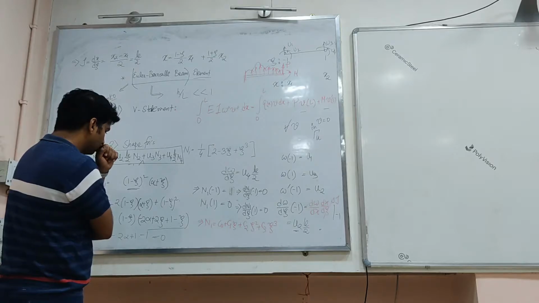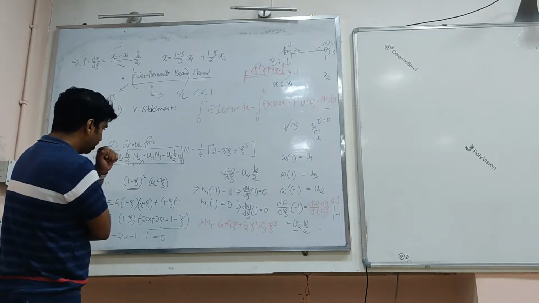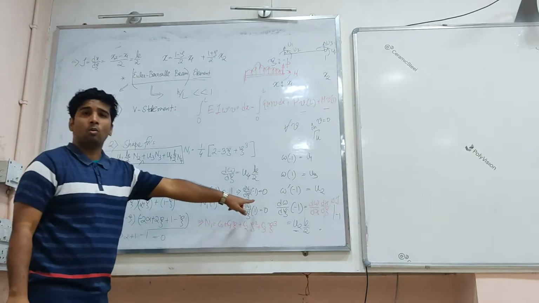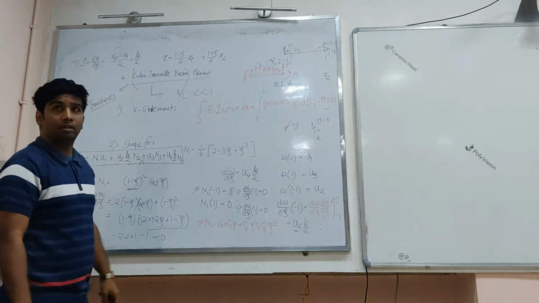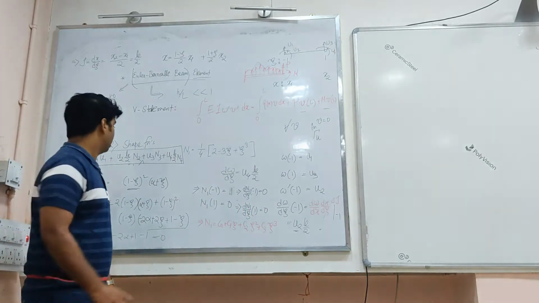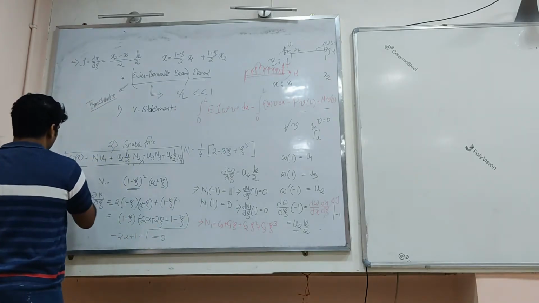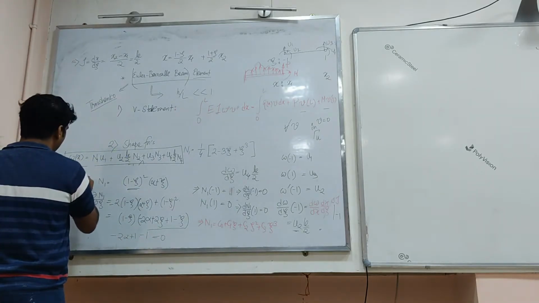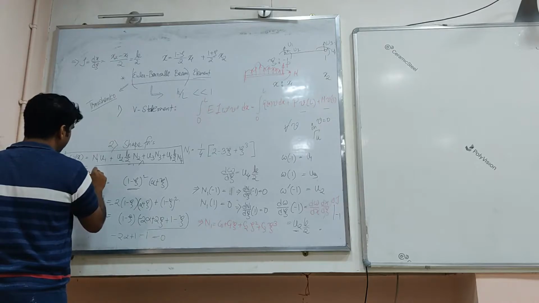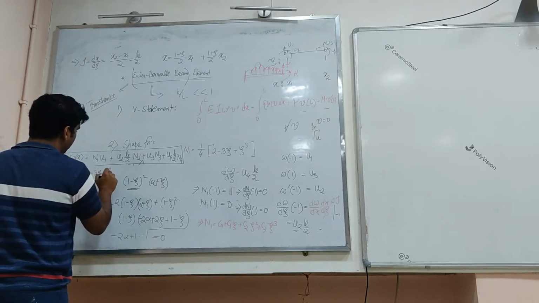Alpha is coming out to be 0 if you want to. But if you satisfy the boundary conditions, what expression do you get? If we satisfy the boundary conditions, I am getting C3 as 1 by 4. So N1 would be something like 1 by 4, 2 minus 3 xi plus xi cube, right?